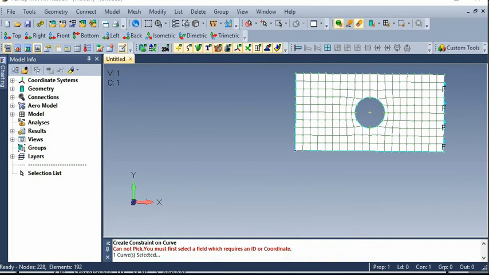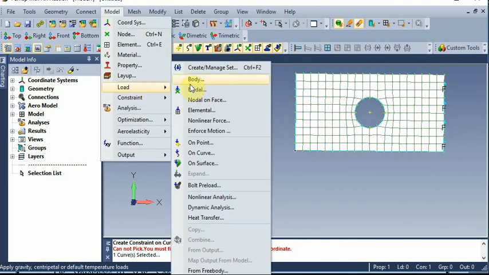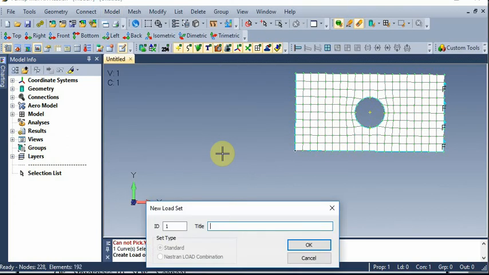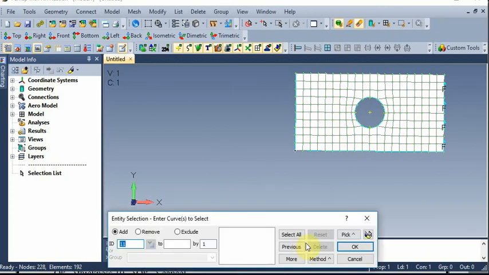Next we are going to apply the load on this surface. For that, go to model, again go to load, on curve, title you can give as load, give OK. Now we have to select this edge. Since we have applied the constraint this side, we can apply the load this side. Actually, as per the problem, it is in the reverse way. Anyway, we will get the same solution.